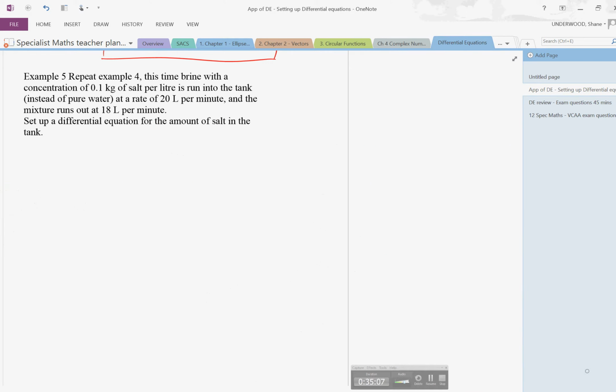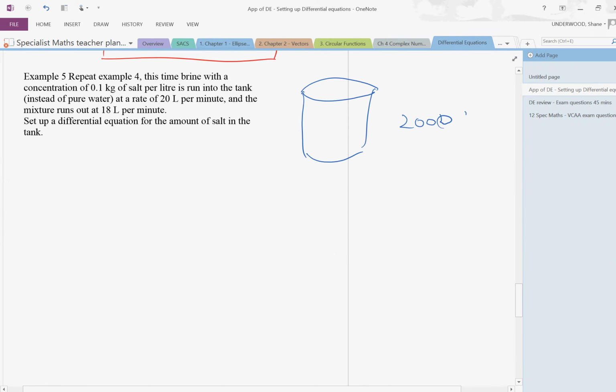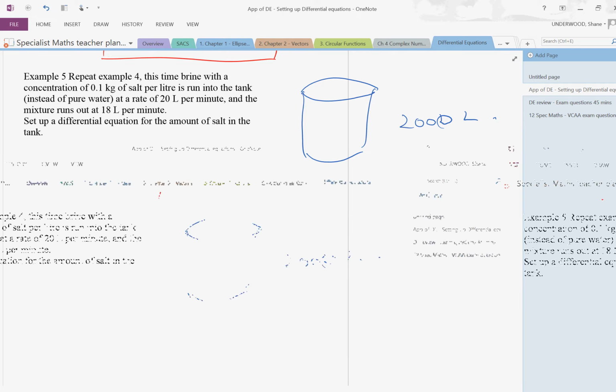I'm going to resume for the last one. This is the one that you are going to have to think about, but once again, we draw our tank and it's the same tank, which has 2,000 litres in it. This time the brine has a concentration of 0.1 kilograms per litre, which means that at t equals 0,